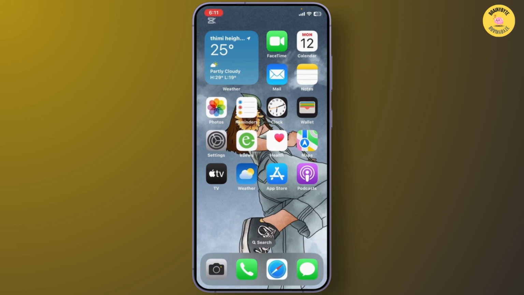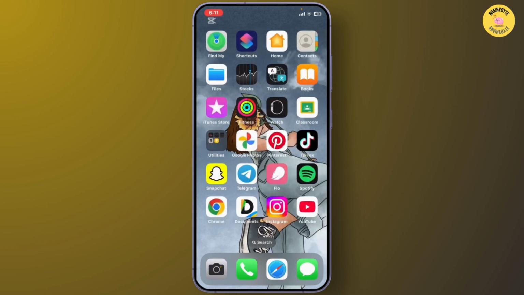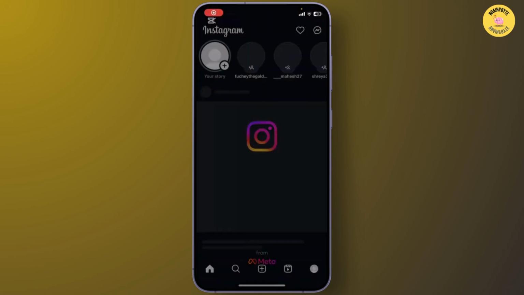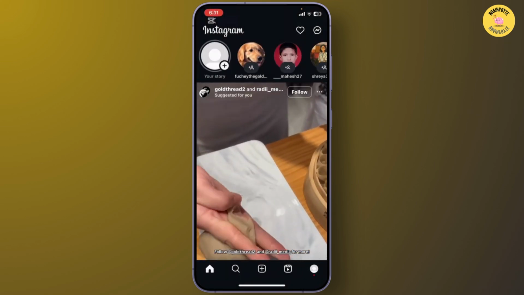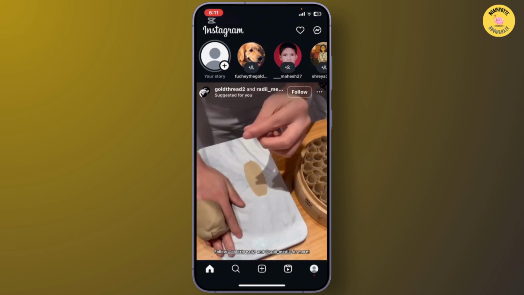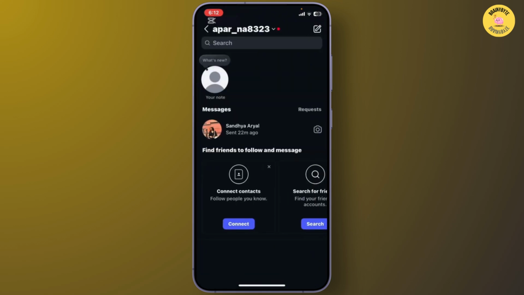Today we are tackling a common issue many Instagram users face, the primary and general messages options not showing up. So let's dive right in. First thing first, you need to open your Instagram app. Once you're in the app, you need to tap on the message icon located at the top of your screen. Here, you might have noticed that the messages are missing primary and general options. Then you are not alone. This can be frustrating if you rely on Instagram for communications, but don't worry, we are here to help you